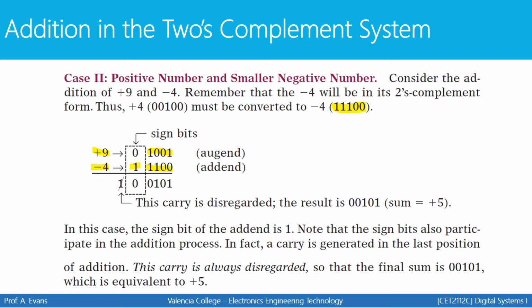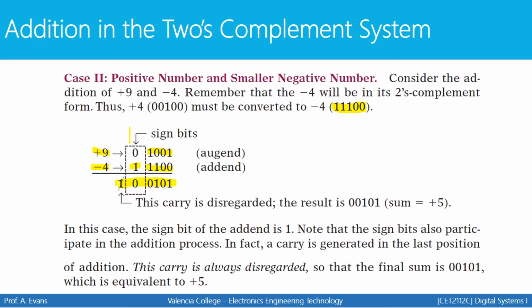Now, if I were to perform addition like we've shown earlier, we'd go 1 plus 0 is 1. 0 plus 0 is 0. 0 plus 1 is 1. 1 plus 1 is 0, carry the 1. So there'd be a carry of 1 right here. 1 plus 0 plus 1 is 0, carry the 1. So if you were to look at this answer,